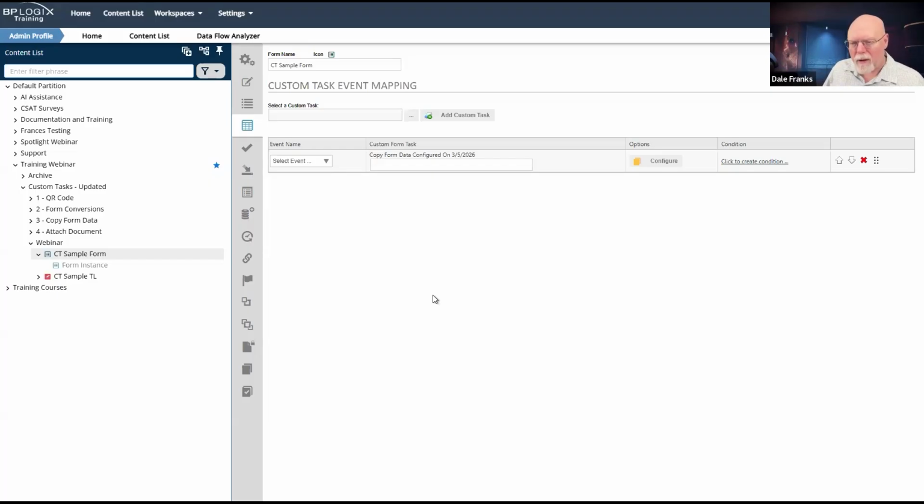If you are invoking a launch process or run process, well, I guess it wouldn't be a run process timeline activity, a process timeline activity, and you're going to start a sub process of some sort, and you want to be able to copy data from this parent form to a child form that's going to get created as the default form for the sub process, then you would run copy form data.